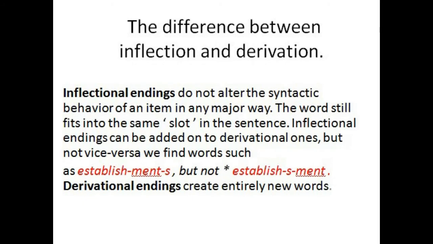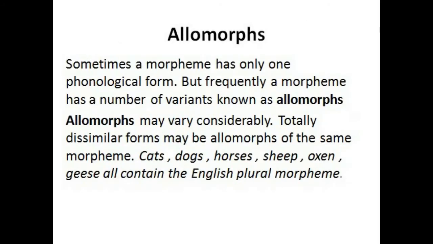Allomorphs. Let's see what is meant by allomorphs. Sometimes a morpheme has only one phonological form, but frequently a morpheme has a number of variants known as allomorphs. So the allomorphs may vary considerably. Totally dissimilar forms may be allomorphs of the same morpheme, like cats, dogs, horses, sheep, oxen, geese, all contain the